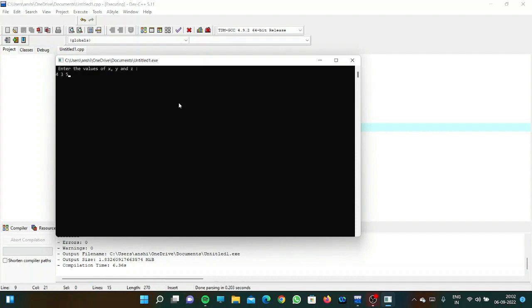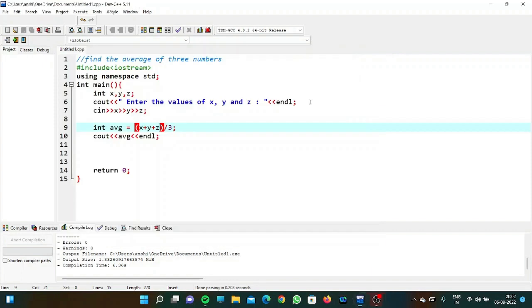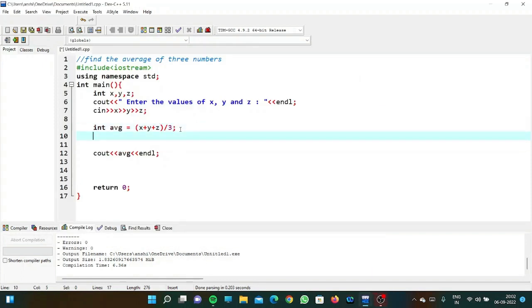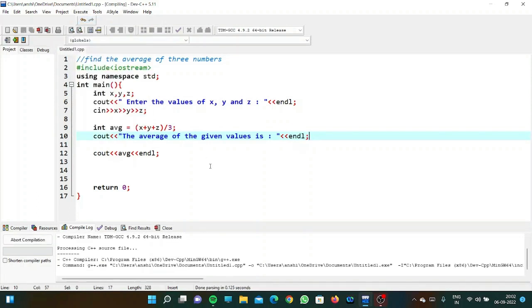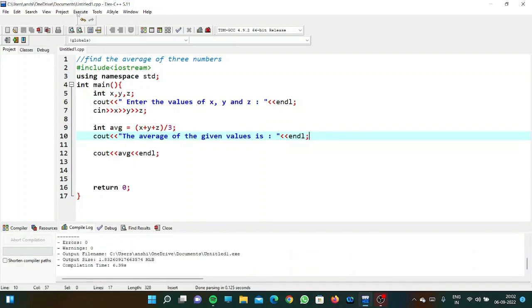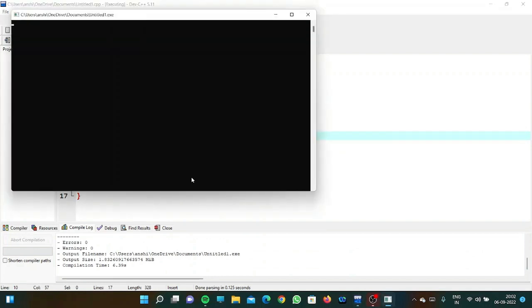We'll write the values and we get our average as 4. We can make it more clear by adding a cout statement here. The average of the given values is. Okay, so we'll compile our program and there is no error. We run it. The three values. So the average is 199. So this is how